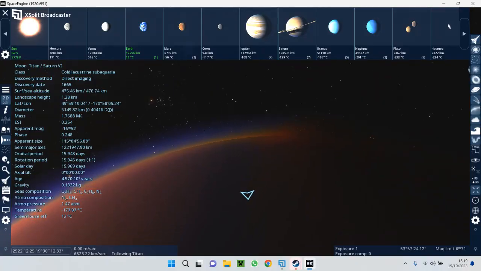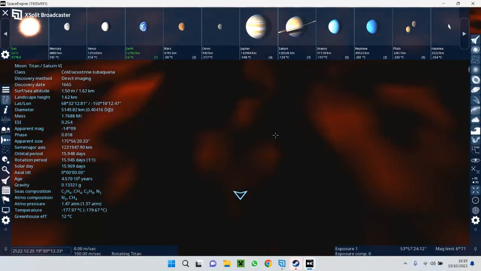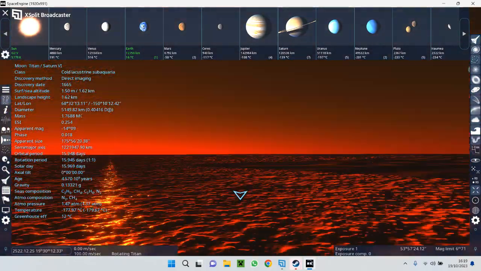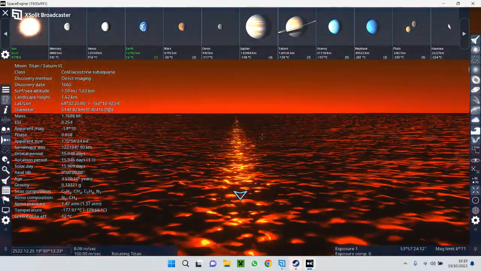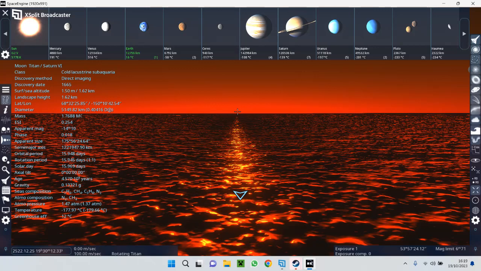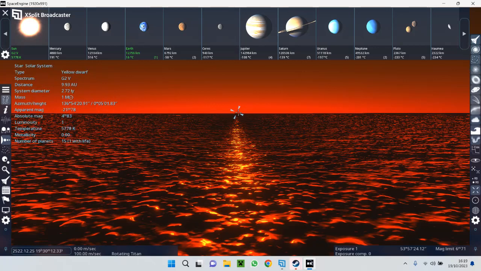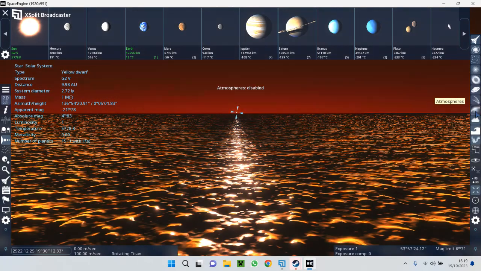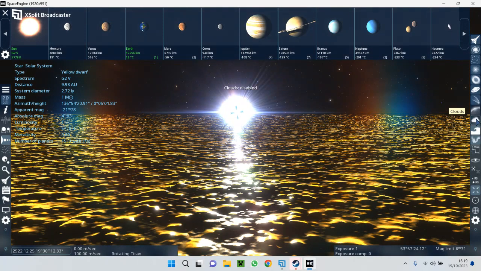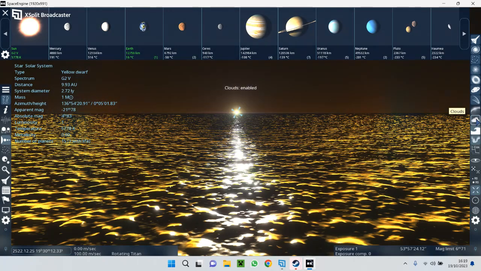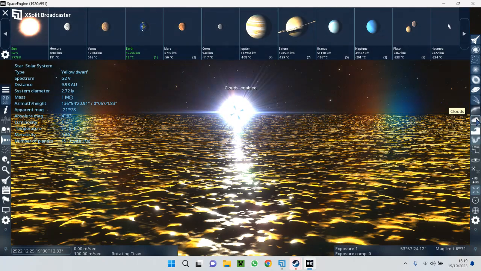Oh, and here it looks pretty interesting, with sunsets. Oh my god, is that the sun? The clouds are mostly blocking the sun itself.